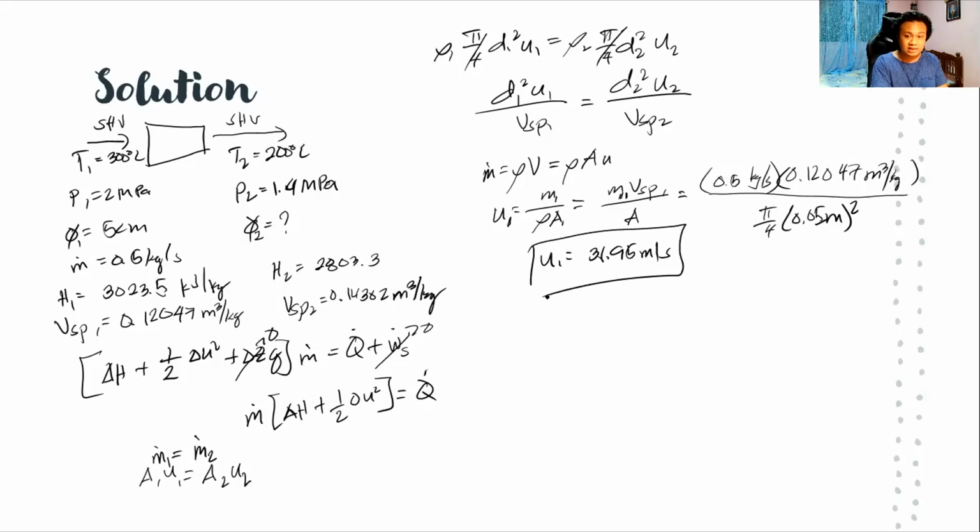Okay, so that does not end there yet. We are to find the D2, diba? Dito tangita. So let's go back to the general balance equation. So to find U2, diba? We must find the difference of the enthalpy first. This is H2 minus H1. So we will have 83.3 minus 3023.5. So it's equal to negative 220.2